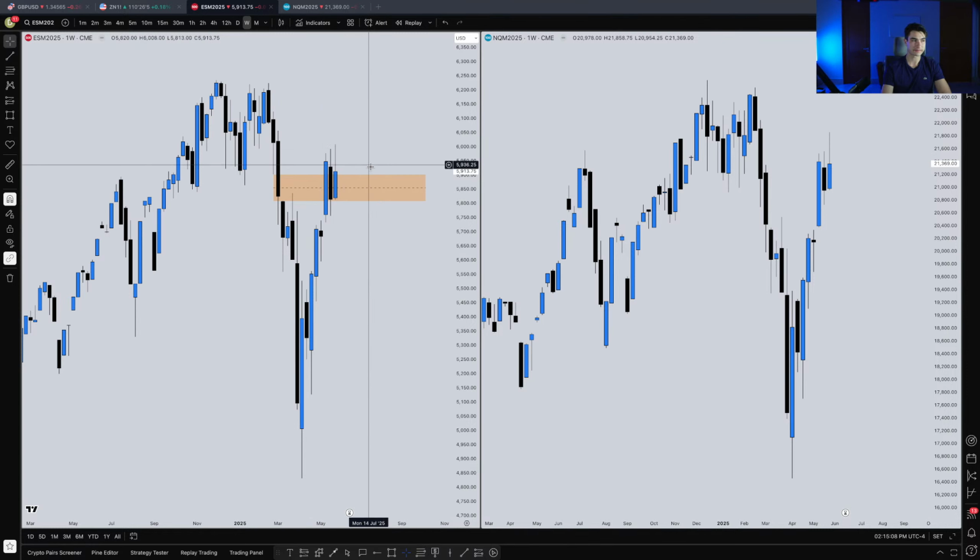I'm not trying to call a top in this market. If the market's going to top out, that's fine. It'll show us, and then we'll work with that information. But trying to call a top in a bullish market is absolutely a loser's game. So what I'm watching right now, this weekly inversion fair value gap, we're closing above it here. We see the bodies the last 2 weeks respecting. That's exactly what we want to see.